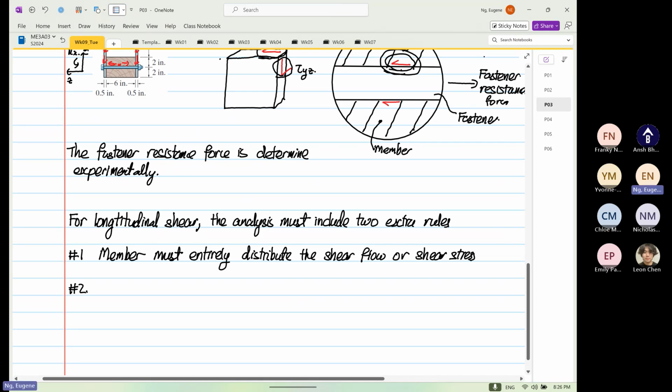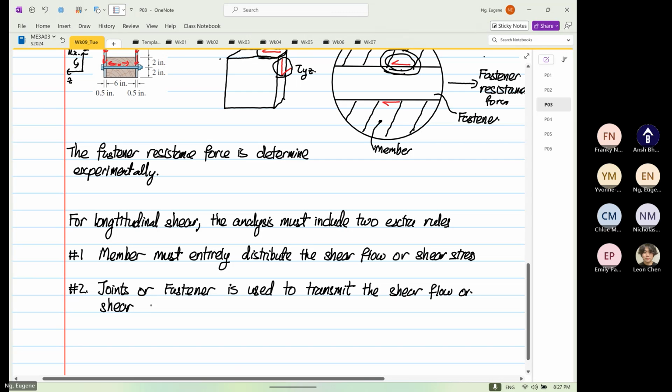And the second rule is the joint or fastener is used to transmit the shear stress or the shear flow from one member to another. Okay. So these two rules,